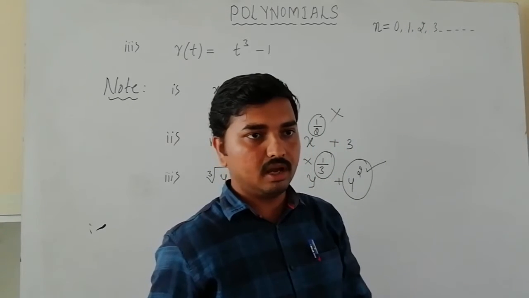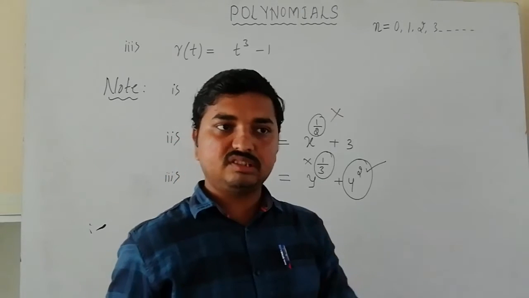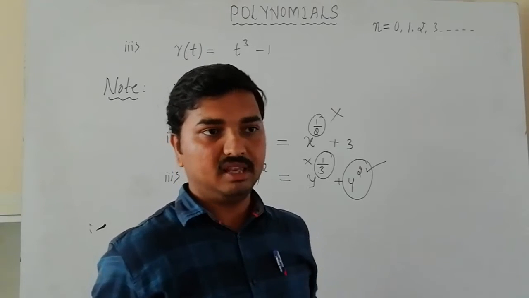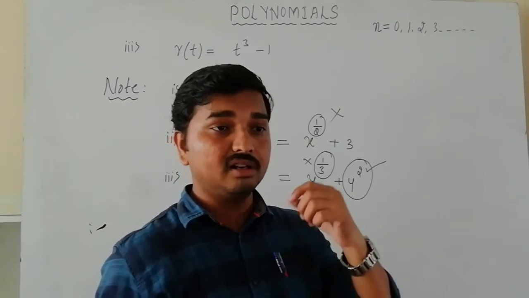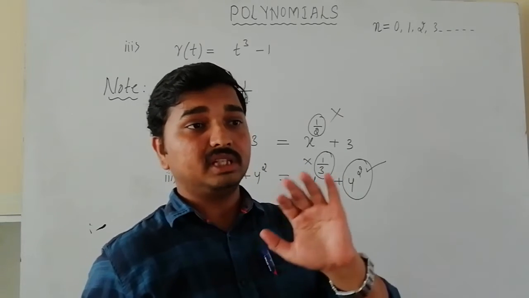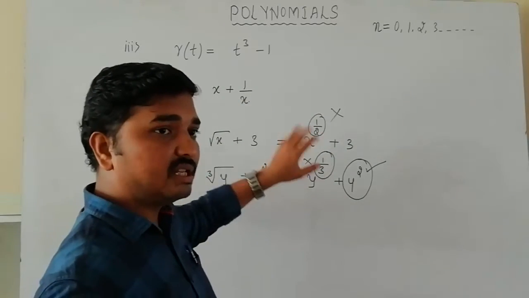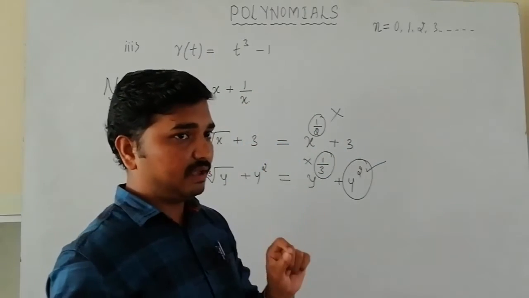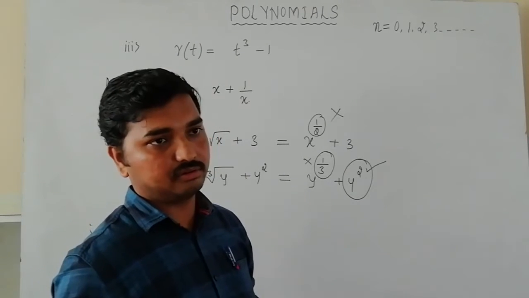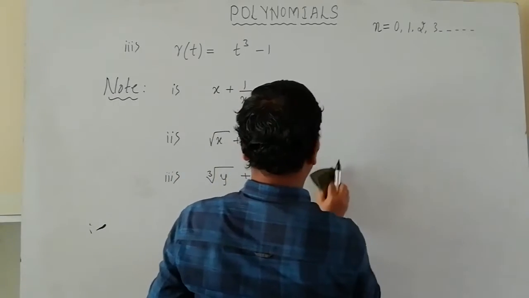Then only it is a polynomial. Otherwise, it is not a polynomial. Remember this one. By using this one, you need to solve one question in the upcoming exercise. He is going to give some algebraic expression to you. You need to decide whether it is a polynomial or not. You are going to use these two things. Just remember, exponent of x should not be negative, exponent of x should not be a fraction. Okay, remember this one.